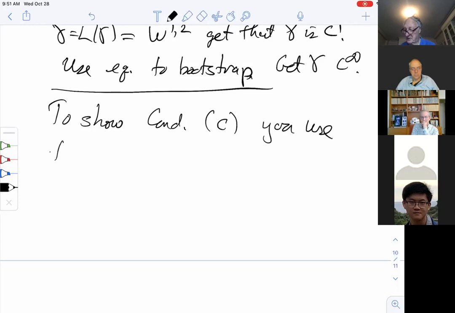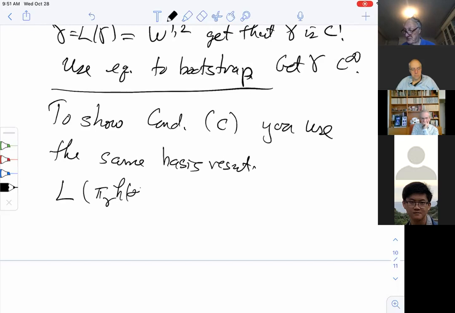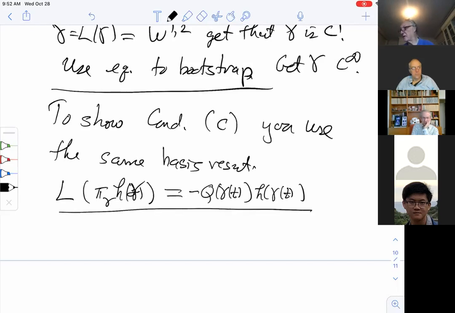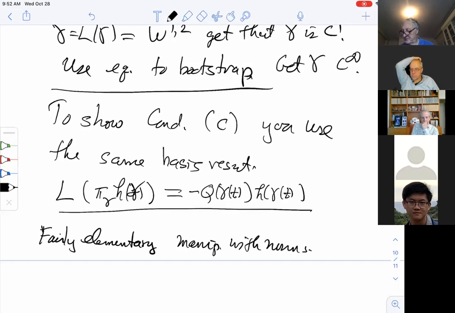You use the same basic result, that L of this projection of H of sigma is given by Q of gamma T H, sorry, gamma H gamma of T. So again, there's a minus sign, again, you use this basic equation, do a little fairly elementary manipulations with norms to show